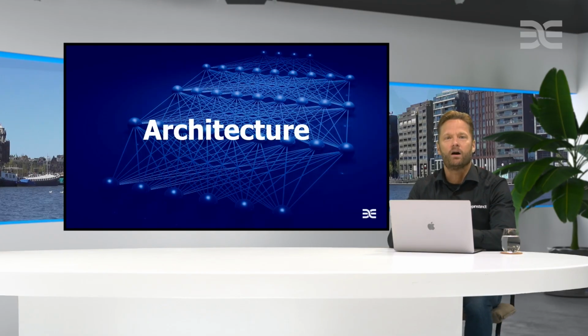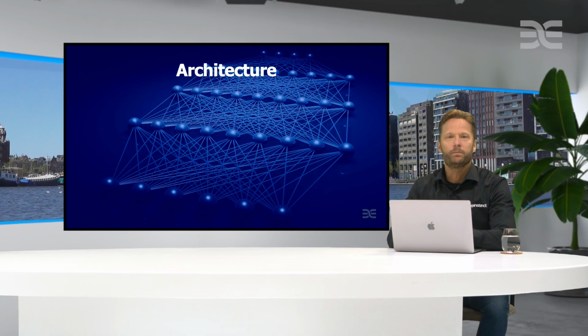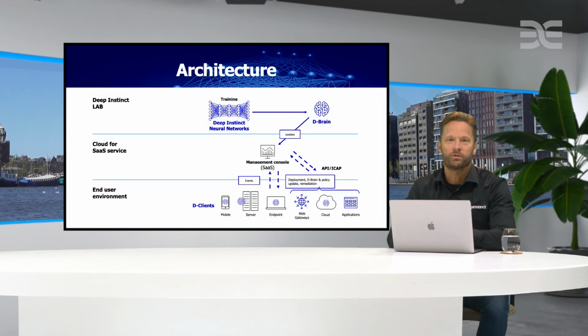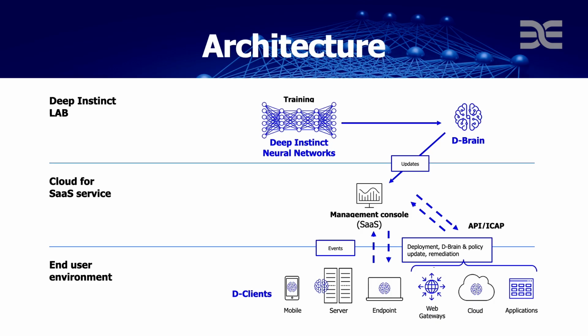Now let me explain the architecture of Deep Instinct. In the Deep Instinct labs, we have trained our deep neural network with third-party public sources, homemade malware and mutated malware. And the result of this is the so-called D-Brain. It only gets an update twice or 3 times a year, and the version of the D-Brain is then being